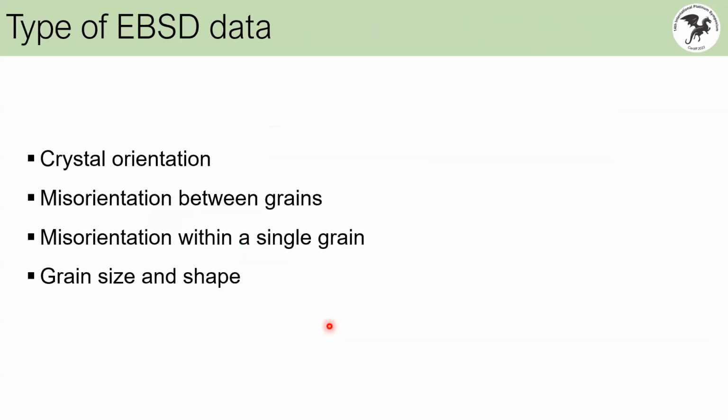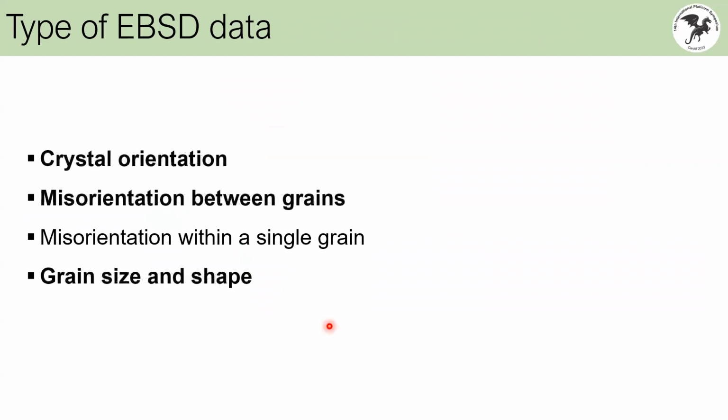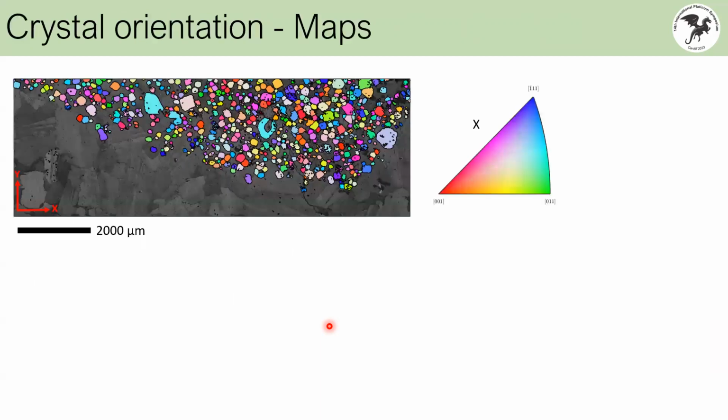So I'm going to talk today about crystal orientations, misorientations between the grains, and grain sizes and shapes. Well, I'm just going to mention grain sizes and shapes. I'm not going to talk about deformation within single grains, though actually in Merensky Reef there's some really interesting story of what is deformed and how, but I'm going to leave that for the next symposium, or for next year's Merensky Reef 100 years anniversary. So